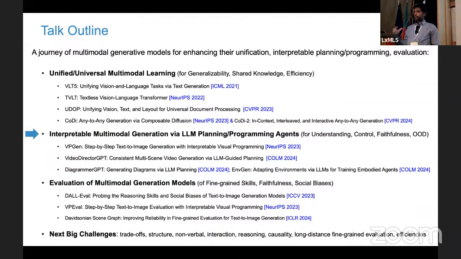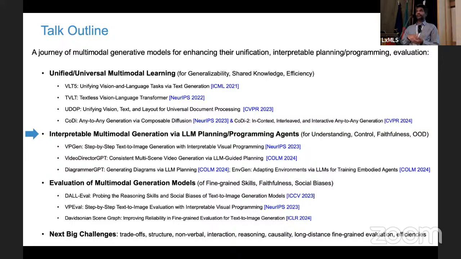Now, the second, equally related and important part is the black-boxness and the lack of control and interpretability in multimodal generation. In the second part, I'll talk about how we can make multimodal generation interpretable, not just for humans, but actually for the model itself. Recent studies have shown that these multimodal generation models cannot even understand what they generated. If you take their generations and ask them to do classification or understanding tasks on them, they really don't know what they've created. So it's not just interpretability for humans, but also for models themselves.